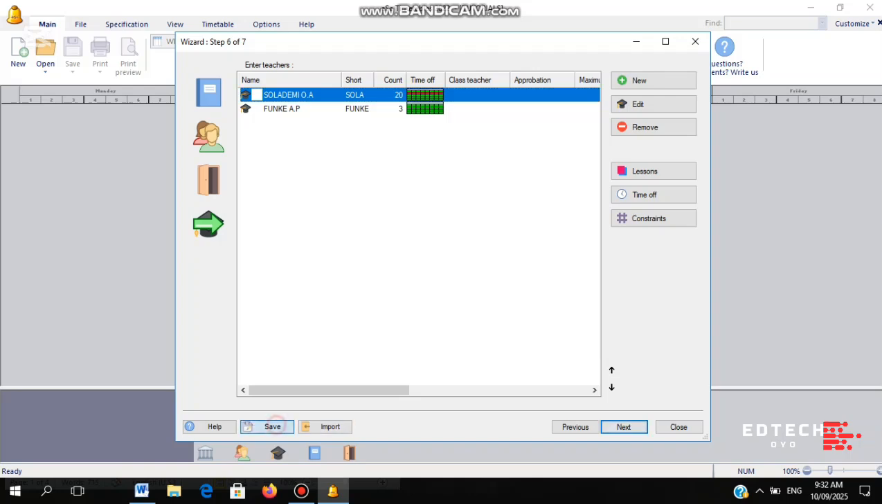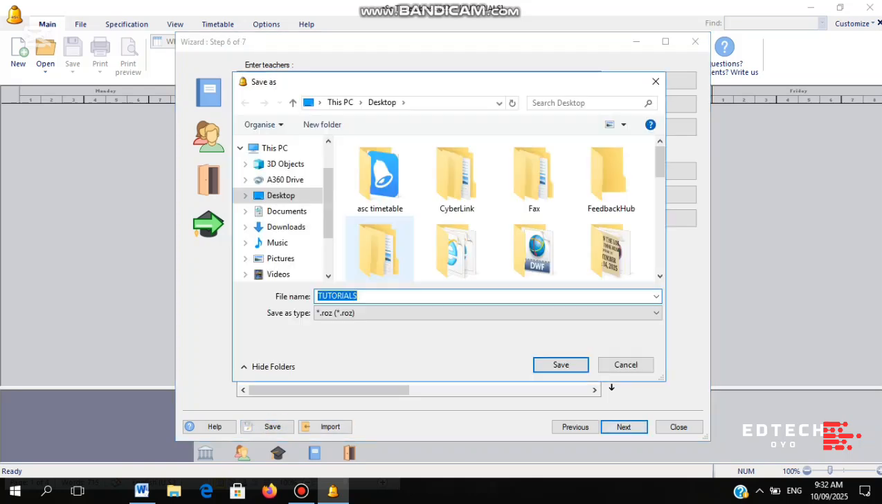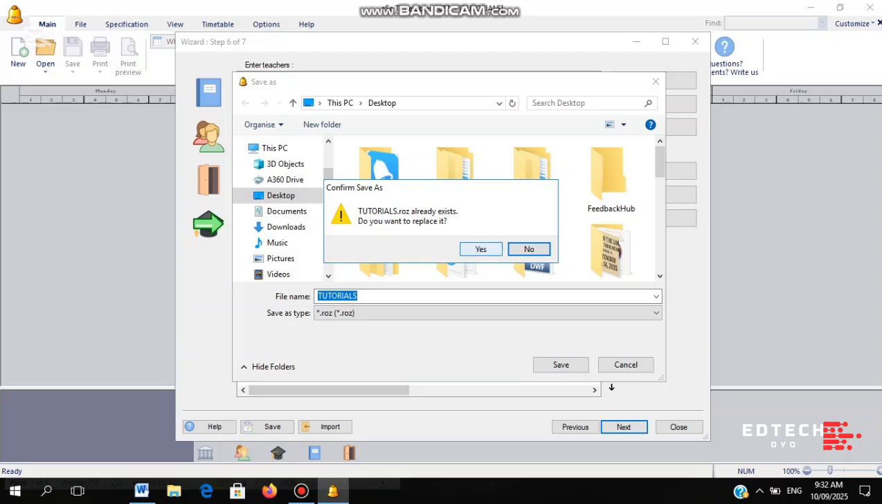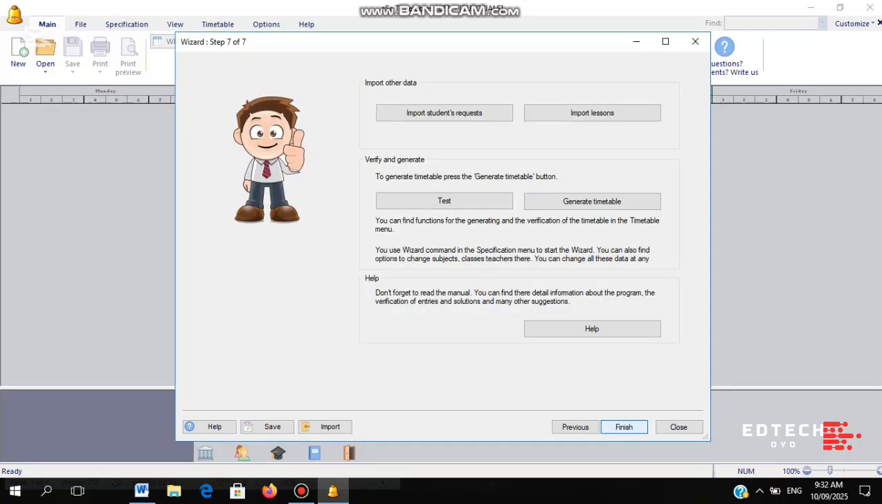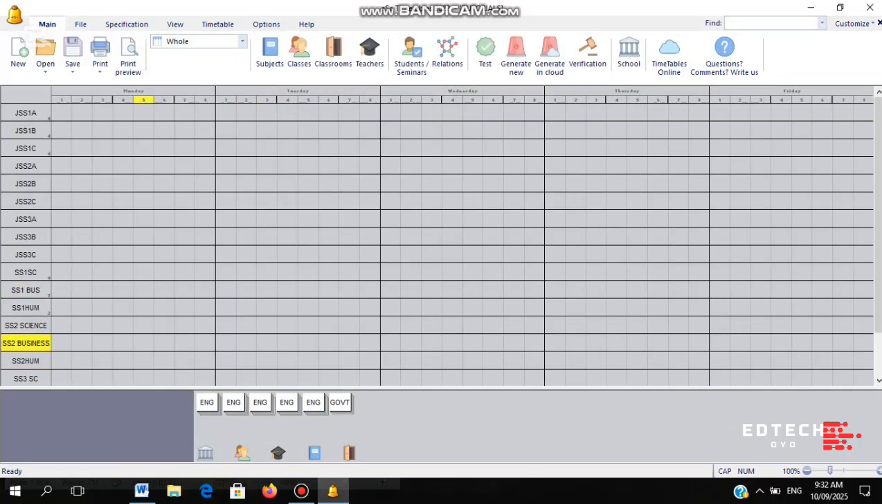So let's click on save. Then we can move to the next one. Okay. For the next one, let's just click close. So you can see all the subjects are here now. Can you see that? The subjects are here. So let me